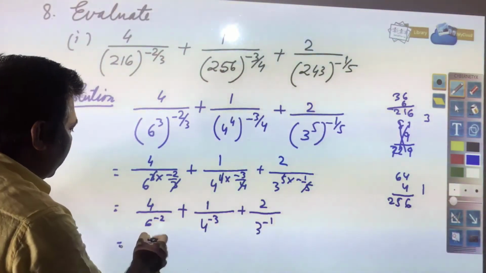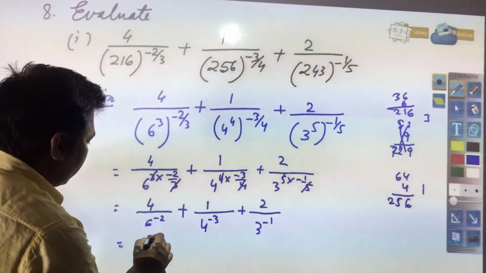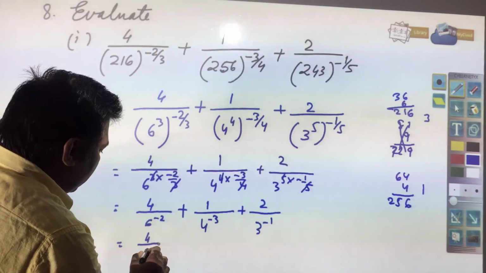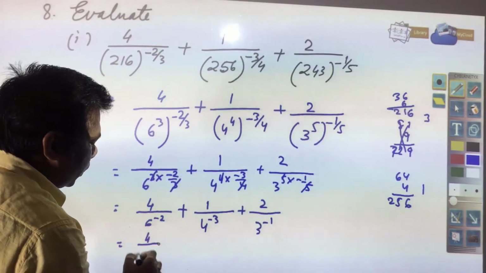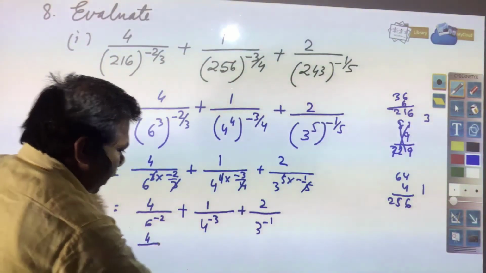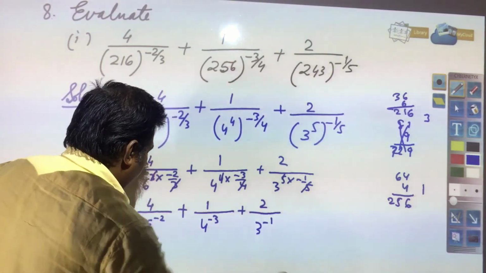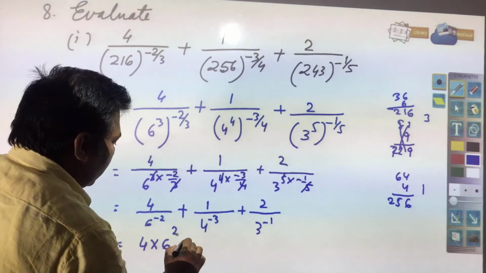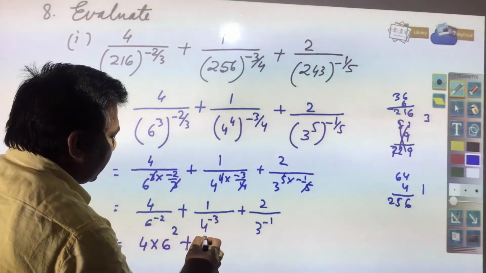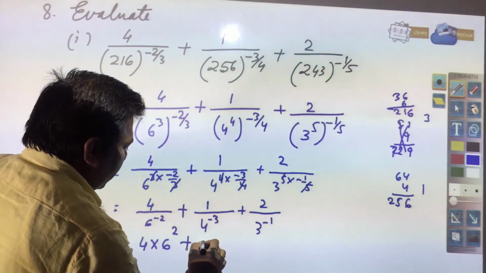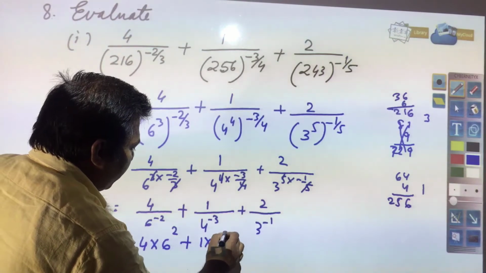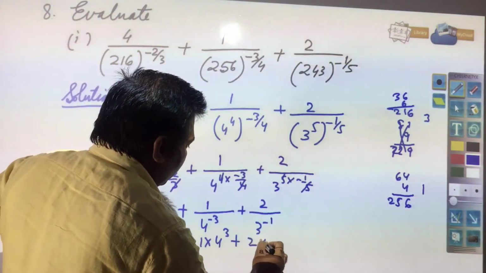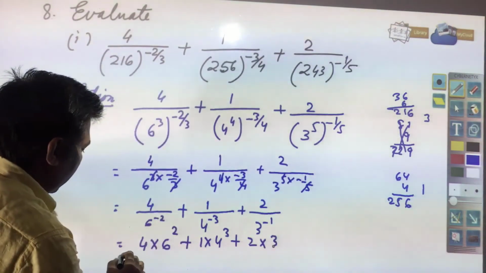So, if you change this, this will become 4 by 1 by 6 to the power 2. It means it can be written as 4 into 6 to the power 2 plus this can be written as 1 into 4 to the power 3 plus this can be written as 2 into 3, and this will be,